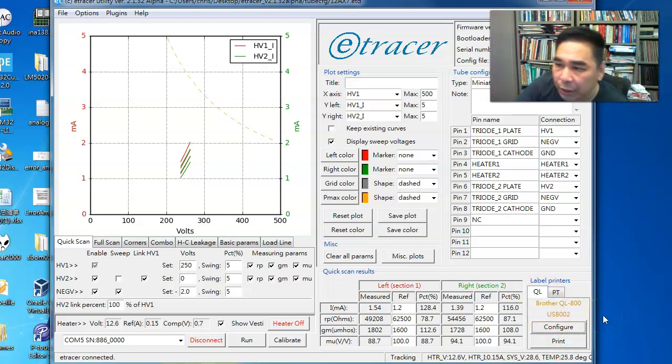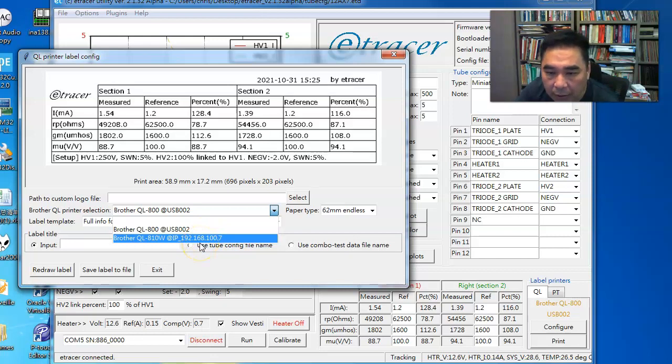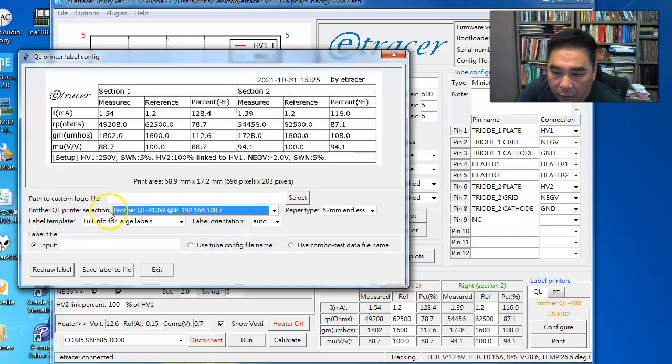So one cool thing I just mentioned about this modification is that you can actually print to a label printer on the network. So for example, the QL-810W label printer is connected to my LAN. So it's a network label printer, and it has an IP address, 192.168.1.107. So if we select this device